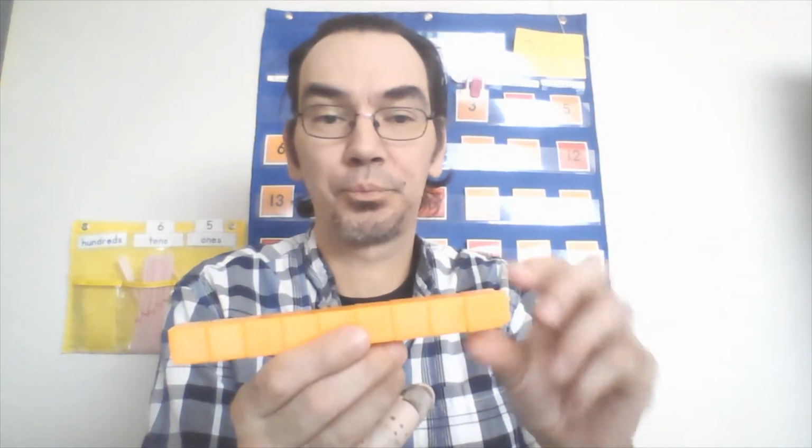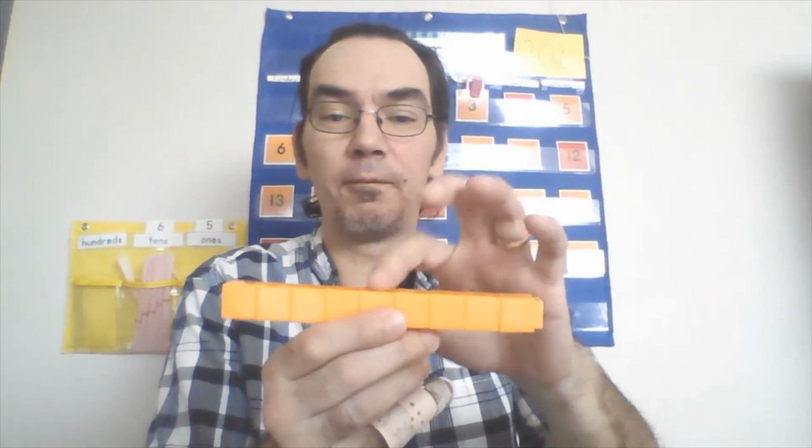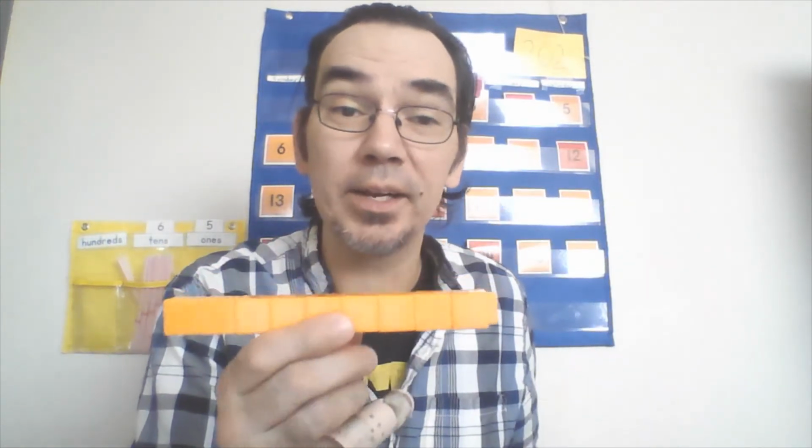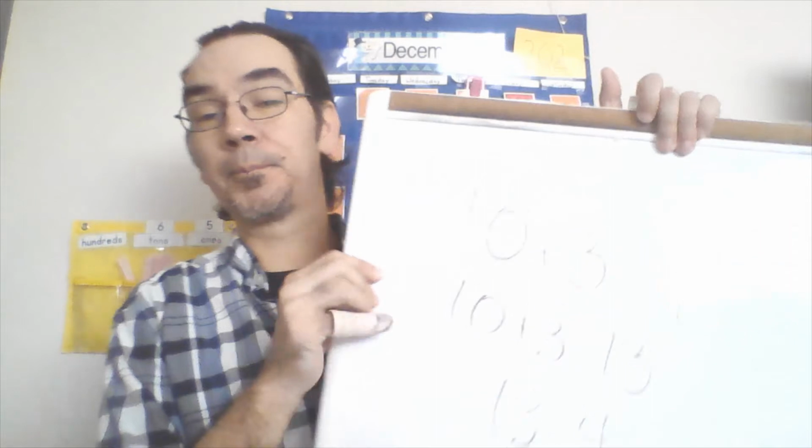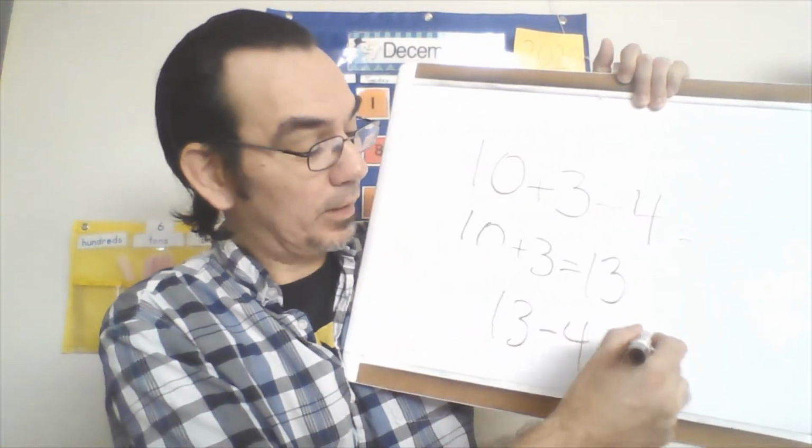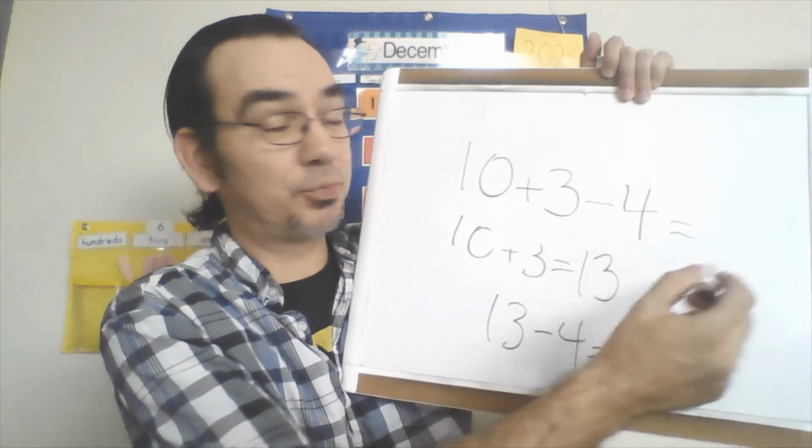Let me grab our cubes from over here. Here's our 13. Let's take 4 of them away. Here's 1, 2, 3, 4. And there we go. 1, 2, 3, 4, 5, 6, 7, 8, 9. 13 minus 4 is 9, because here we have 9. Bigsby had other plans for our 9, but we got to see what 13 minus 4 is. It is 9. So that means that 10 plus 3 minus 4 equals